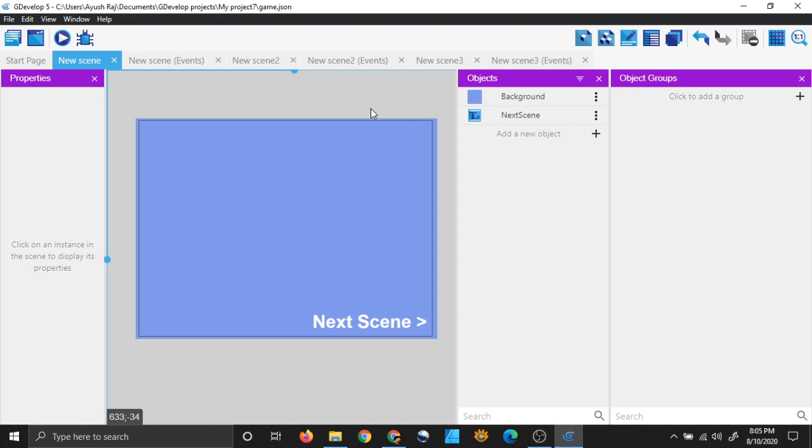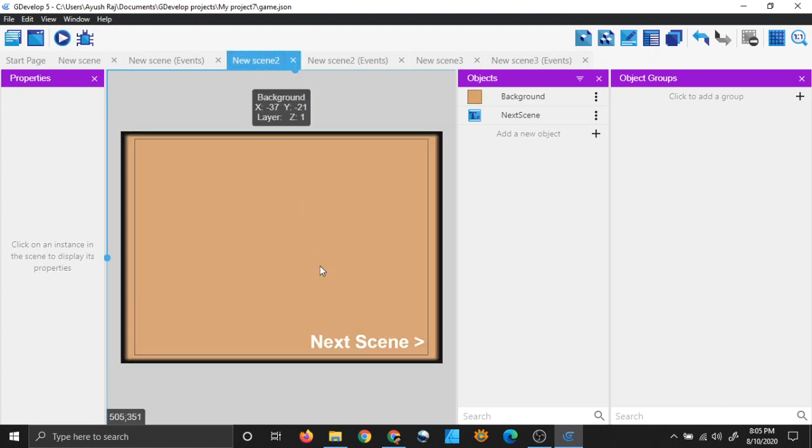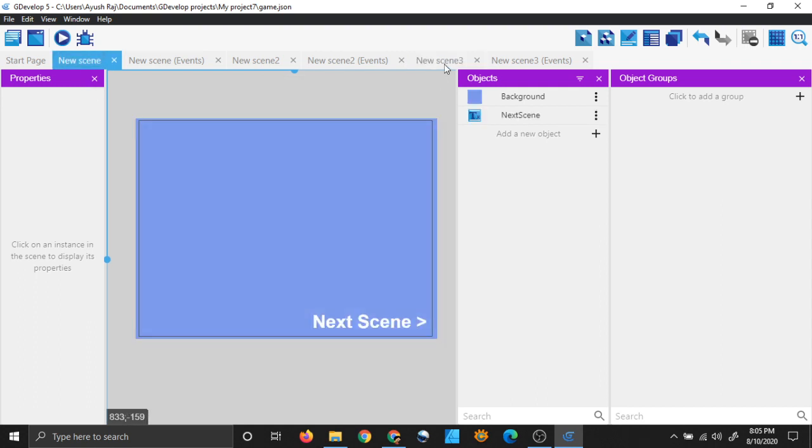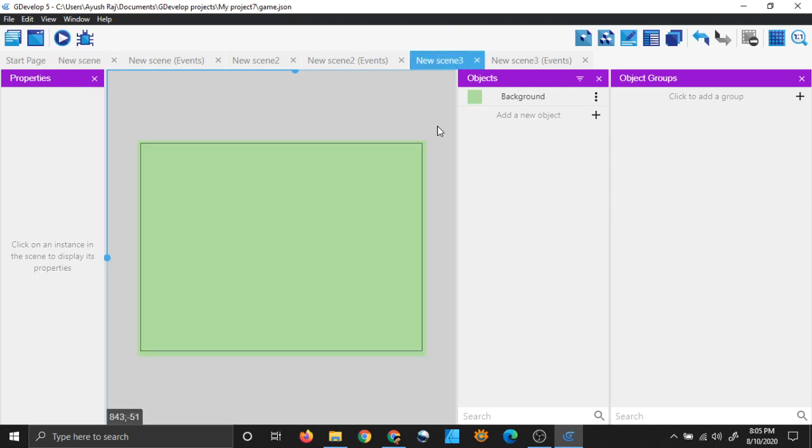So as you could see, some music was playing in our first scene, but when we skipped to the next scene that music was paused. In our next scene some other music was being played, and when we went to the third scene then that music was also paused. In our third scene we resumed the music which was being played in our first scene, right? It is resumed exactly from the place from which it paused. So we have achieved this.